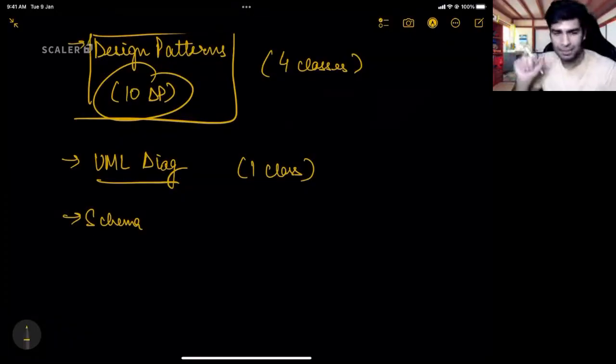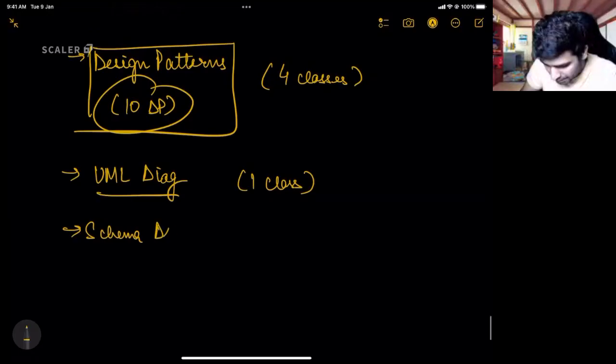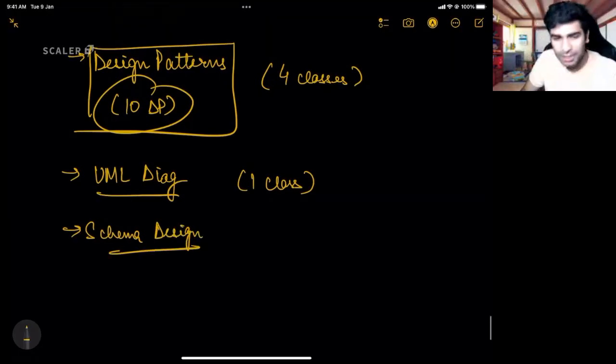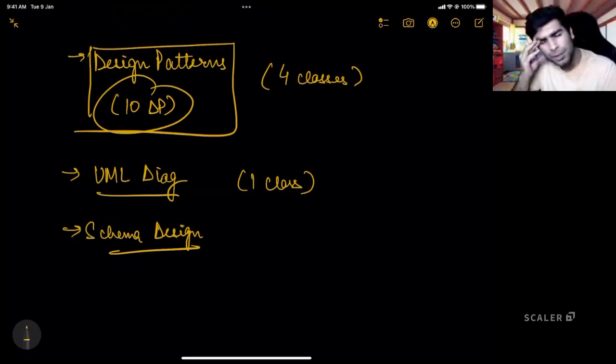No, Shanama, schema design comes in LLD. So we will be discussing schema design, how to design your tables, what attributes should be there, how to represent the relationships. I have not taught that to your batch, right? Did I take you DBMS classes? No, right?